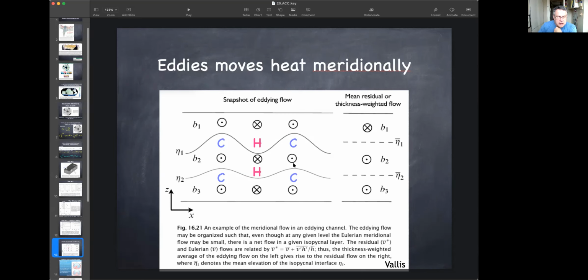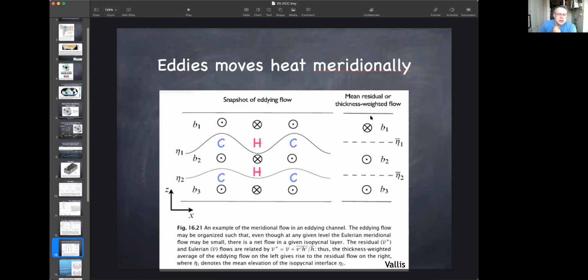In the second layer, we would have slightly thicker cold regions, so we would expect the out of the page transport. And in the bottom layer, we would also expect the out of the page transport